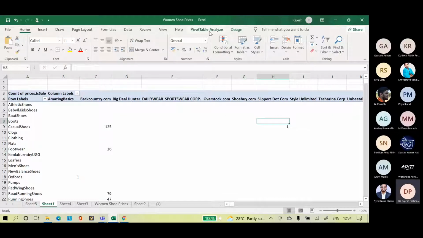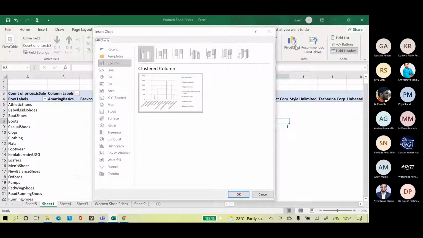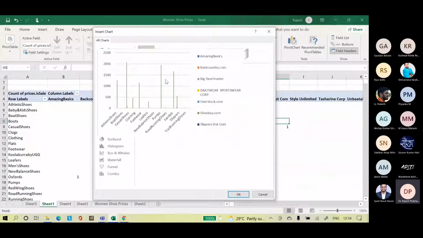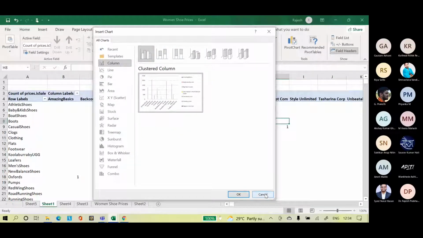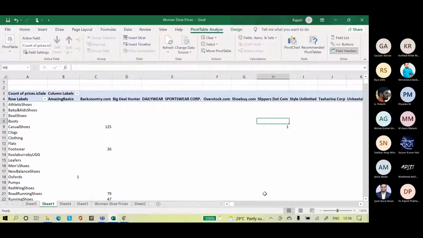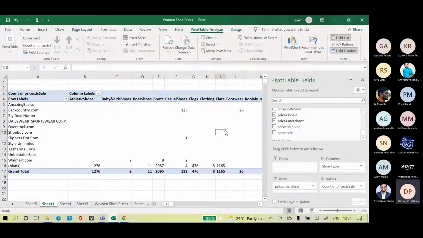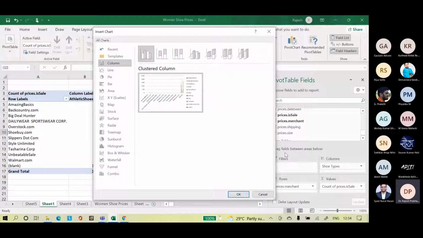And then pivot table analyze, pivot chart. You can do only column charts. Excel shows the type, if it is a pivot chart for this.